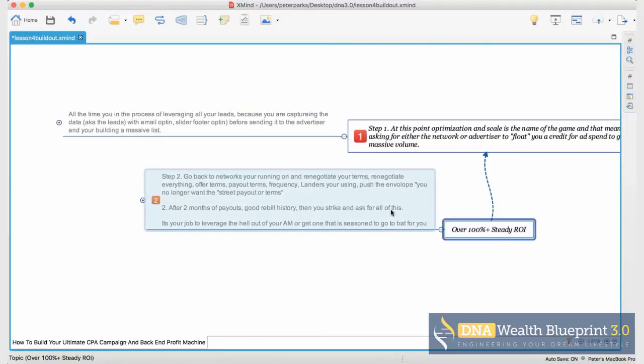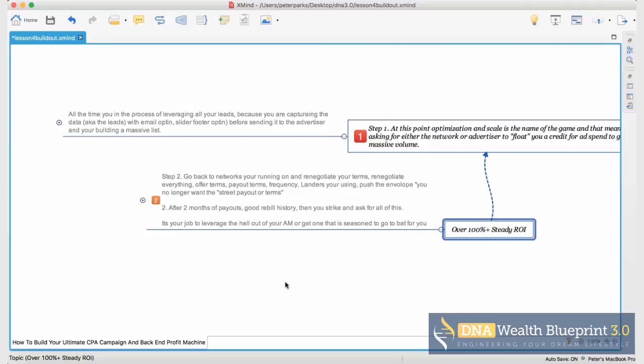Step 2 in this whole entire process, right? So if you're asking me now, well, how's the advertiser going to give me some credit? This is what you need to do. You need to go back to the networks you're running on and renegotiate your terms. Now that you've got history, now that you've got great audit on your traffic, your leads, your buyers are converting,